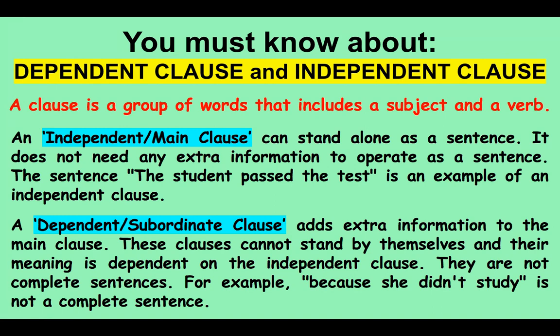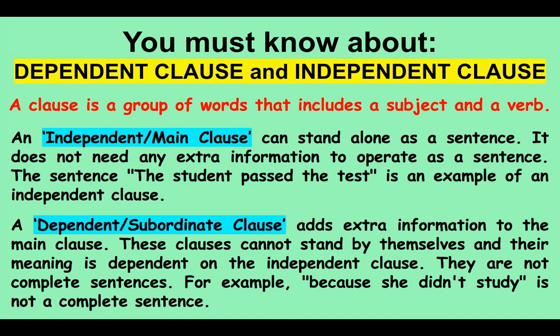An independent or a main clause can stand alone as a sentence. It does not need any extra information to operate as a sentence. For example, "The student passed the test" is an example of an independent clause because it makes complete sense